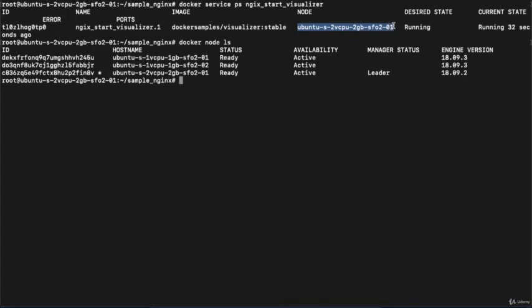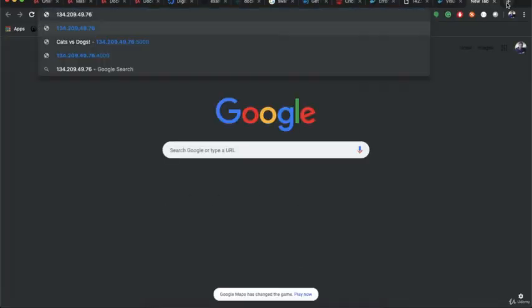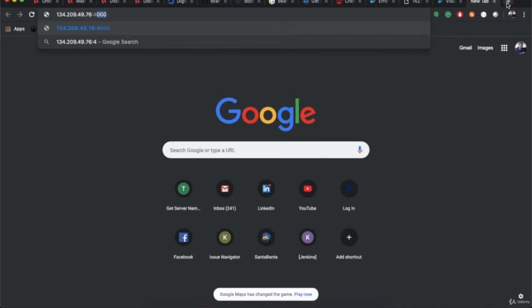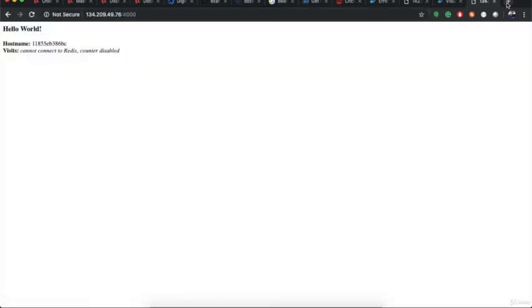Now what is the benefit of the visualizer? If we go to DigitalOcean and copy the IP of any running machine, suppose I copy the IP of this machine, and try to access it on port 4000, this should show this particular web page. We have seen this web page.